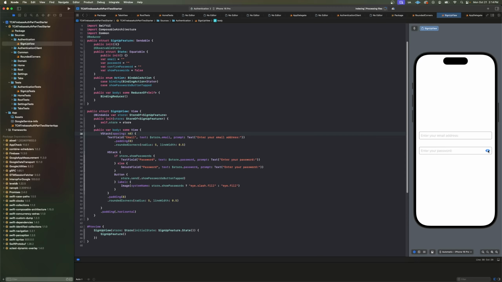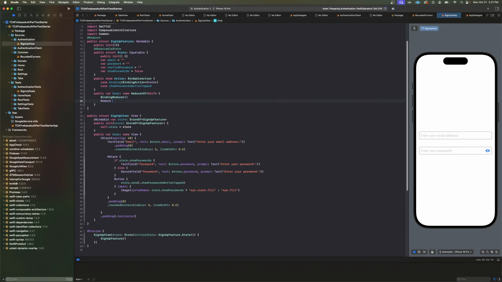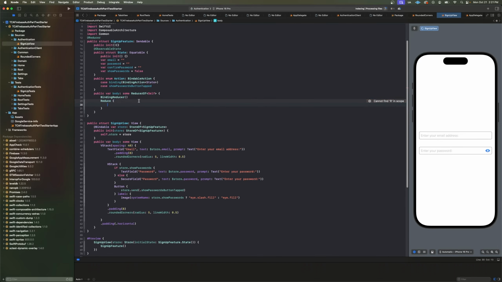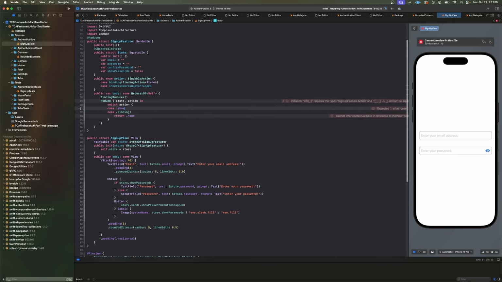So when we tap this button, we're not doing anything with it yet. So let's go ahead and implement that. So to handle this action, we need to add a reduce function in our reducer. So let's do that now. We'll do reduce. We'll pass state and action in. And then we will switch on the action. Let's handle our binding first. Just return none. And then let's handle our showPasswordsButtonTapped